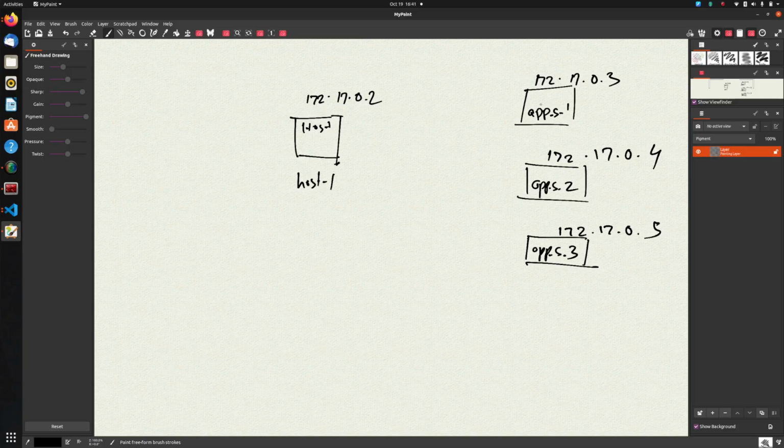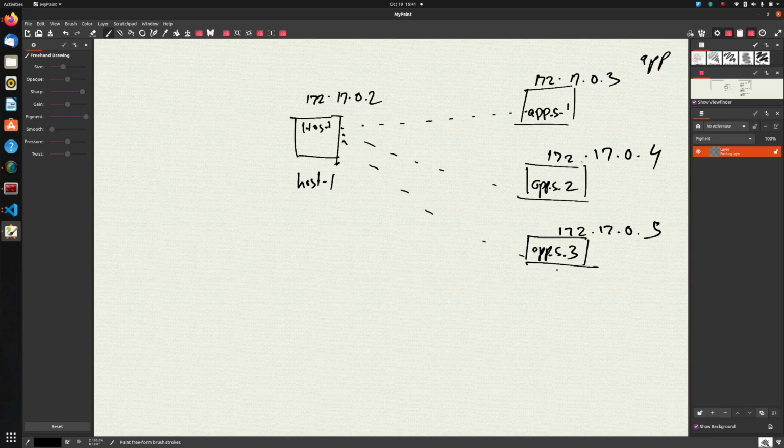And now what we are trying to do is that whenever an application running in this host tries to contact this service or makes a call to this service, that call should get distributed among these 3 instances. How it gets distributed, whether it's random or round robin, we can decide later, but the main criterion is it should get distributed among these 3 services. So I want my traffic to this particular service, let's call the service app. Whenever I'm making a call to this service app, it should get distributed to app server 1, app server 2, and app server 3.